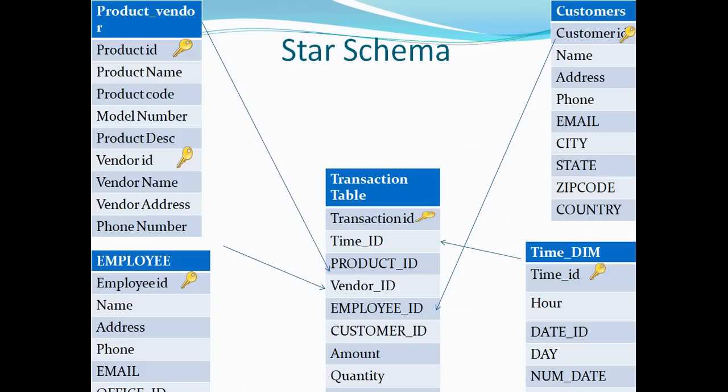The essential things to remember in star schema is that the fact table or transaction table is surrounded by dimension tables. It contains the primary key of all the dimension tables. Our dimension tables are descriptive. Like the customer, it contains the customer ID, the name, address, phone number, email, that kind of stuff. The time dimension will have a single record for every hour. Like right now it's maybe 9 p.m., so it will have 9 p.m., then 10 p.m., 11 p.m., and that kind of stuff.